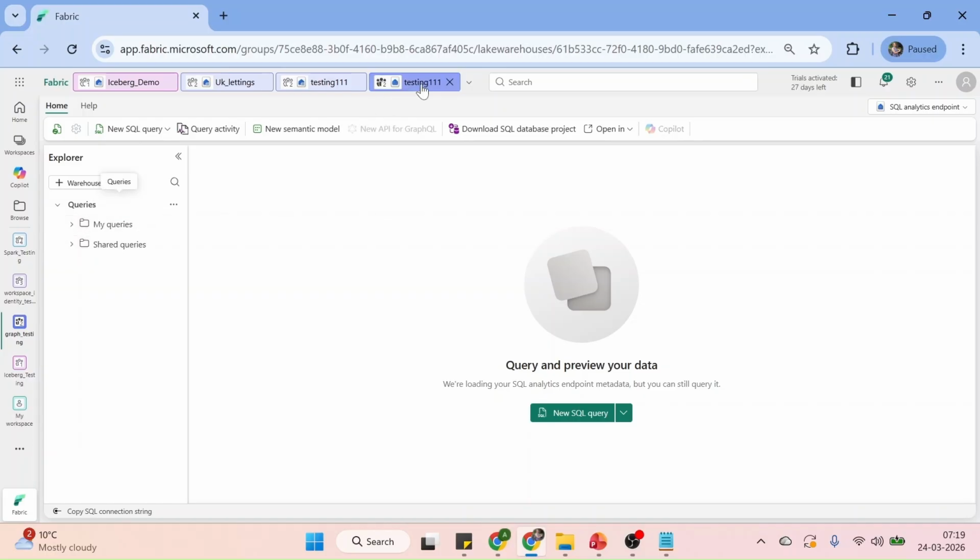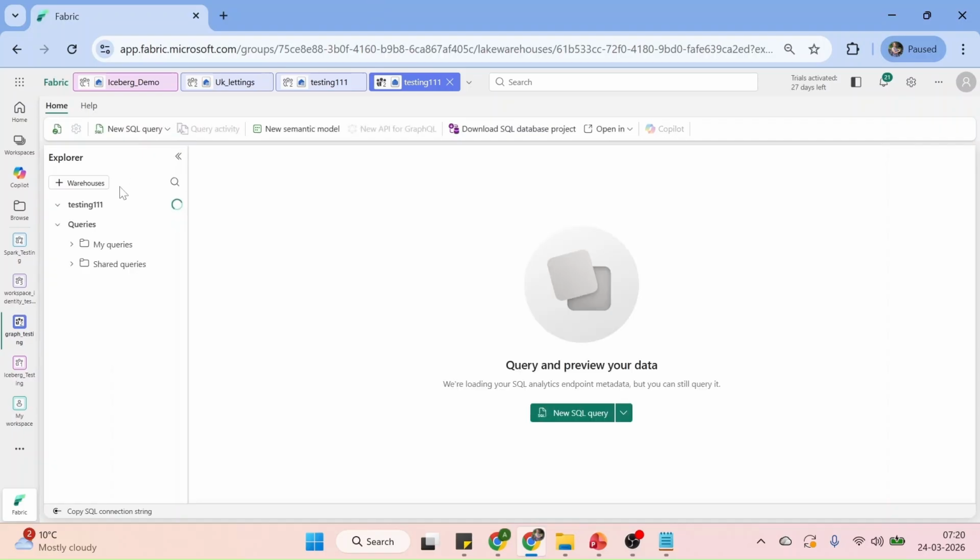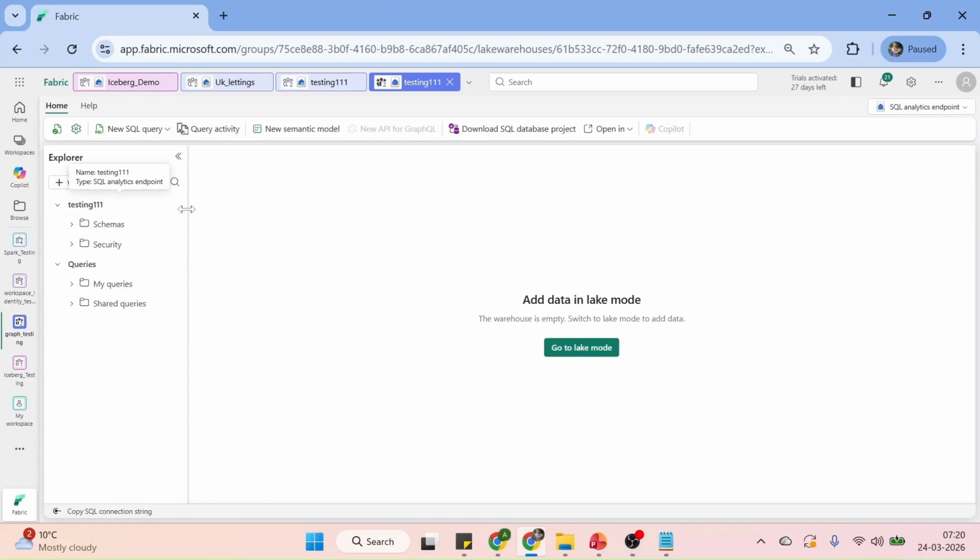Okay, there is something not looking right, so let's just refresh it. Sometimes it happens in Fabric. I'm sure they will fix these kinds of issues soon. Okay, great. Now we can see the testing 1.1, and under the schema,